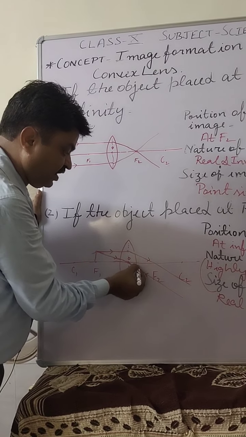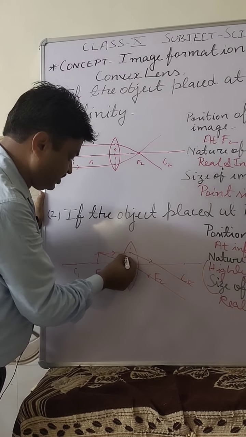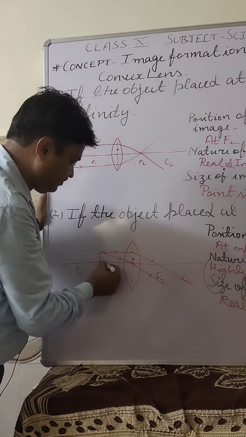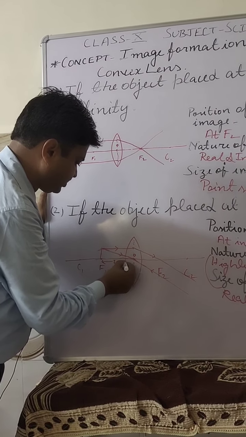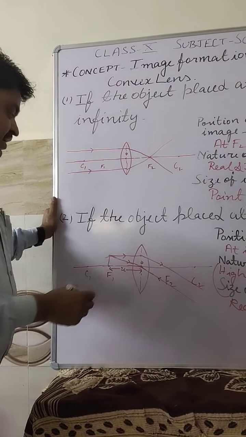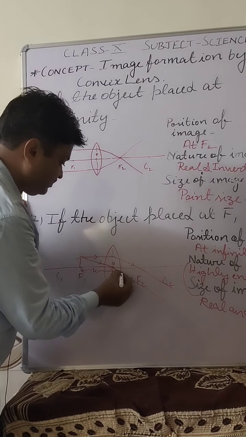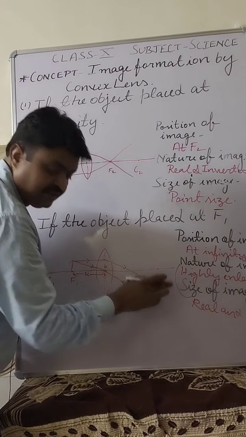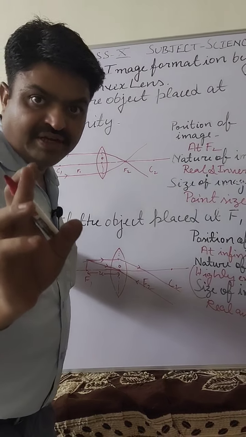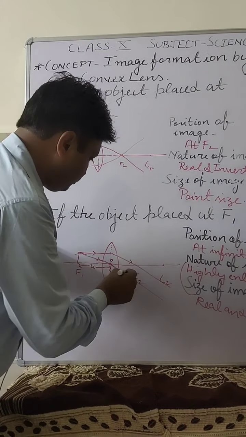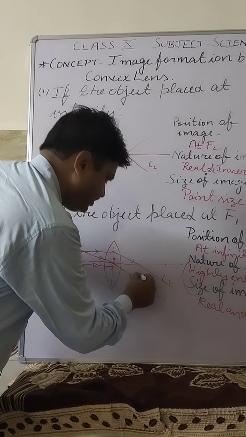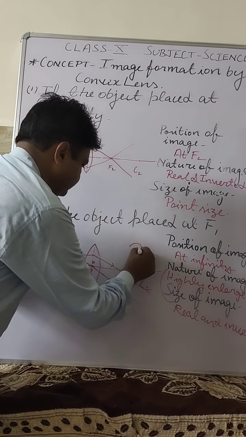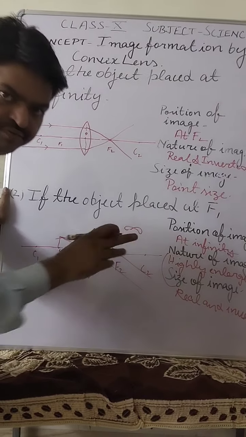you can also find the object distance. Where is the object? This is the object. So from O to F1, this distance is known as object distance. And here the image distance cannot be measured because the image is at infinity, student. So you will not show that, and you can write infinity in that case, like this. It is the sign of infinity.